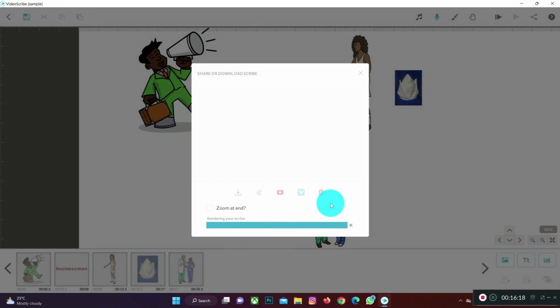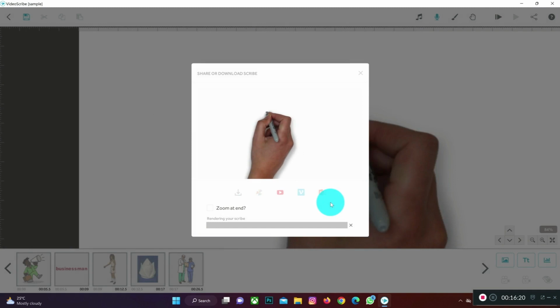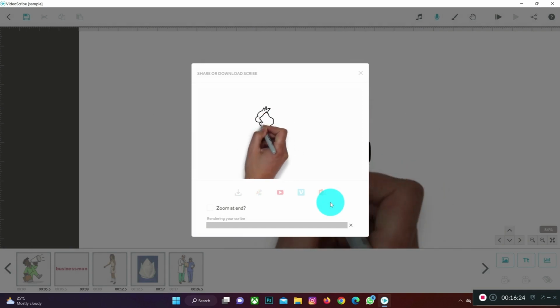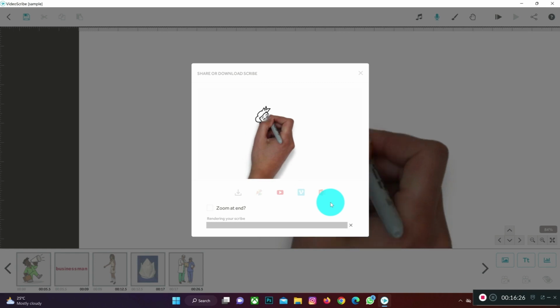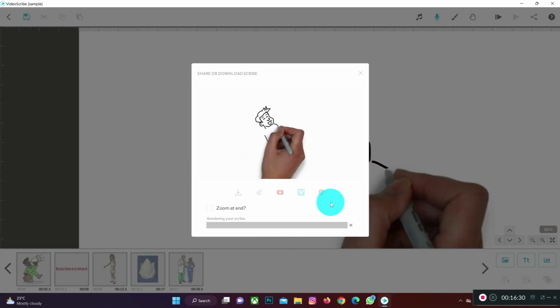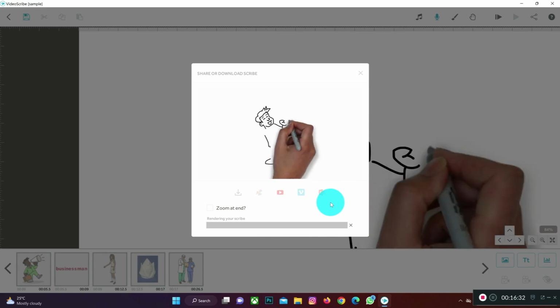So after exporting, the only issue you face in exporting Videoscribe software is that it export at a very high file size. So I'll create a tutorial video on how to compress Videoscribe